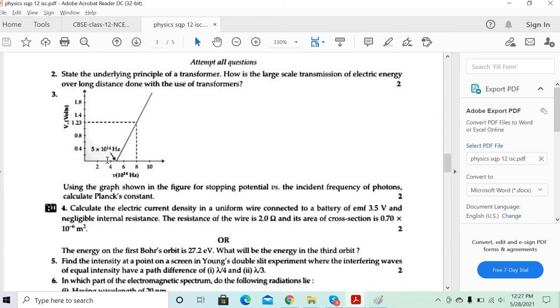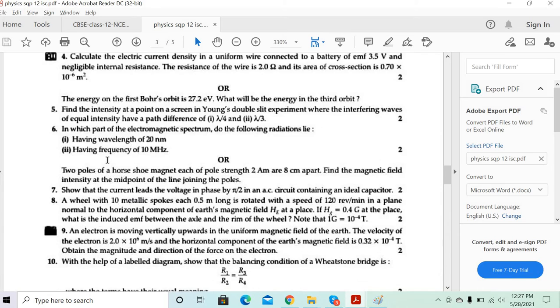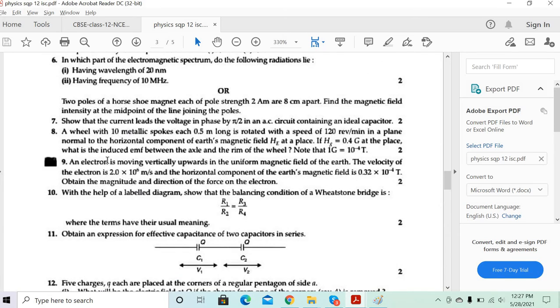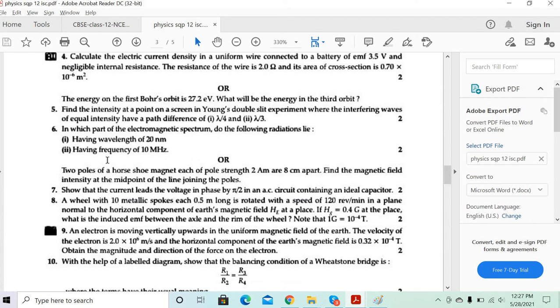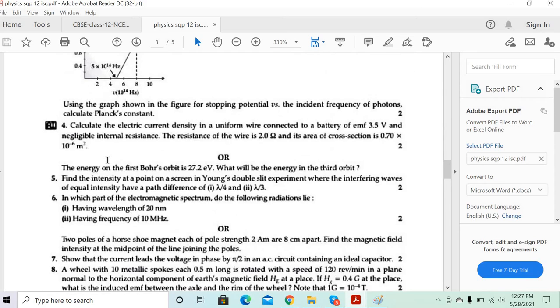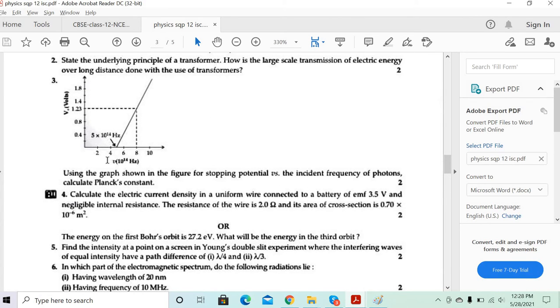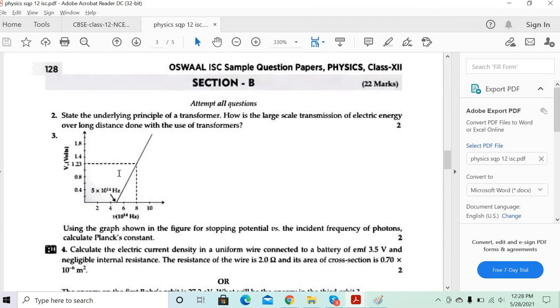From 2 to 7 is 5 questions. Okay, 6. I think we can do 2 to 8, Pulkit. Let's try to finish in 25 minutes, because it is 6, 7 questions, and 7 is 14 marks. It will take some time. So 25 minutes is fine. Let me know when you are ready, and we'll run the time for you.